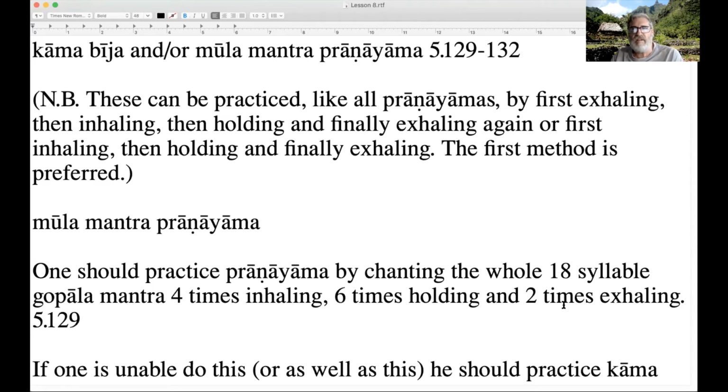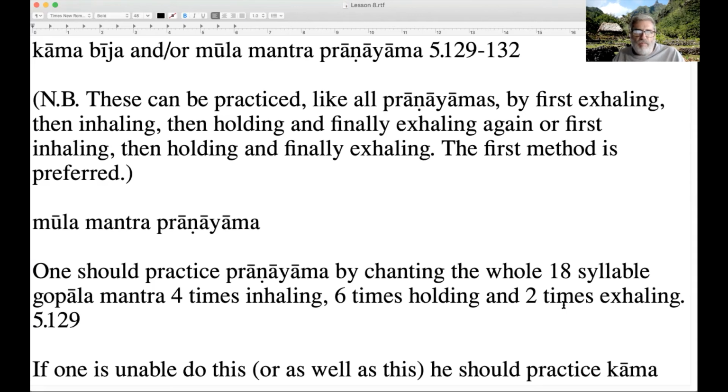So the first method is more orthodox. That is first exhaling and then starting fresh, right? Rather than inhaling first. First of all, we want to get rid of all that bad air, and then we get some good air in, and then hold and then exhale.